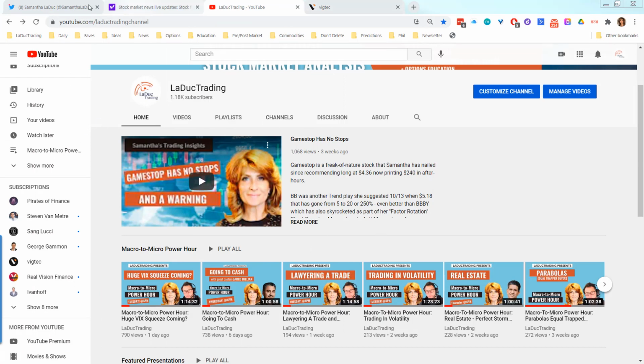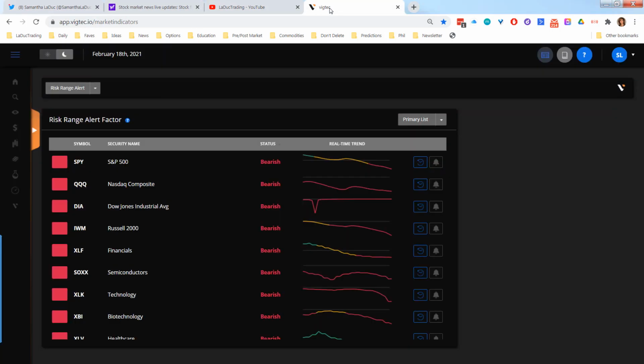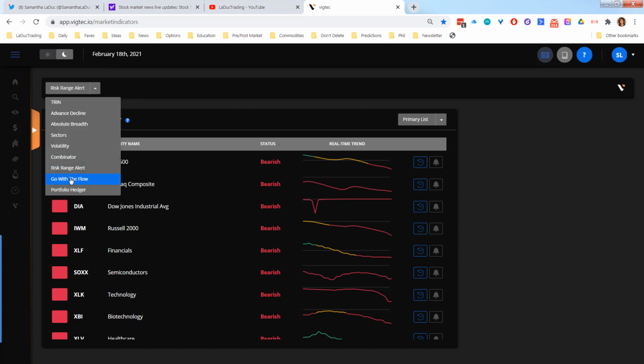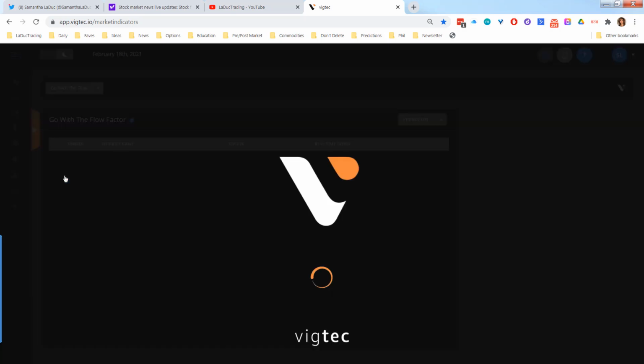But my point is, these indicators are totally established to help you as a do-it-yourself investor or trader. They are based on several time frames, risk range alert being a 30-minute, and the go with the flow is based on a swing time frame. These only trigger end of day. So right now they're still showing as bullish. They probably change tomorrow,